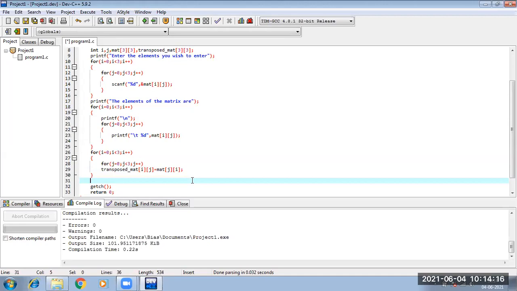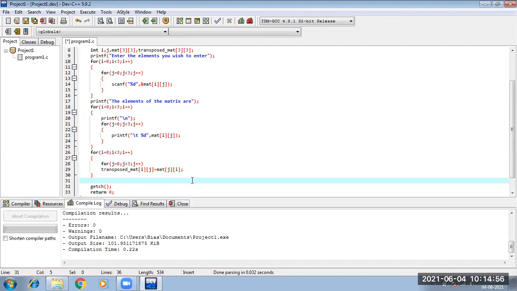The transposed matrix, if you want to print it using the IJ concept, will just be the opposite of the matrix, and how will I be able to make the opposite of my matrix? The loops will be the same. The position of I and J needs to be interchanged in order to make it the opposite of this matrix. Whatever is in the position of I will be in the position of J, and whatever is in the position of J will be in the position of I. Then only the opposite things happen in matrices. This thing you already know from the mathematics concept.